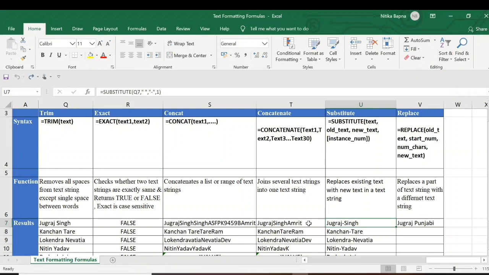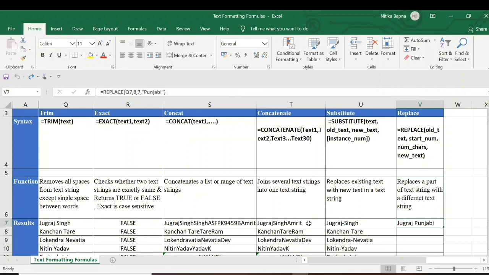Whereas in REPLACE, the formula is equals REPLACE old text, which has to be mentioned in inverted commas, then the start number from where I have to replace, and the number of characters till where I have to replace, and the new text in that space. The new text will also be in inverted commas.